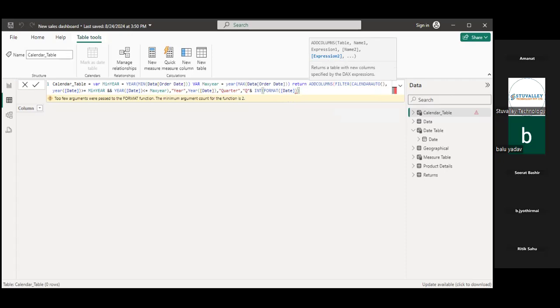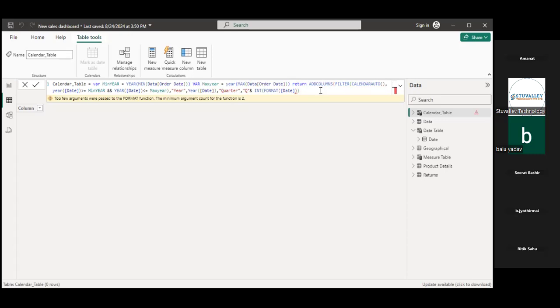Yes everyone, did anyone do this practically? Ritik, Jyoti, Tirath, Ballu Yadav. Who among you is practicing along with me? Jyoti, you are doing practically. Guys, at least let me know if you are doing it or not. If you are not doing it, then tell me no. We are not doing practically, ma'am, right now.